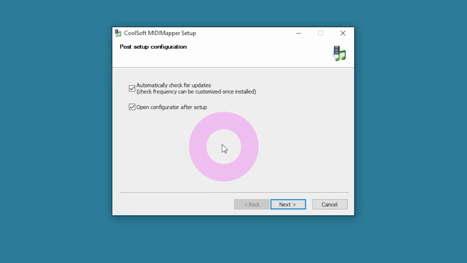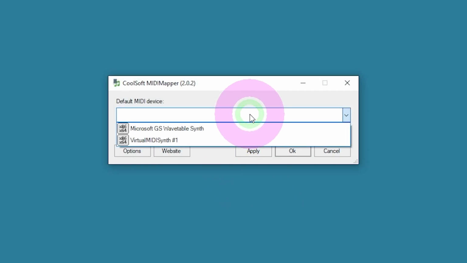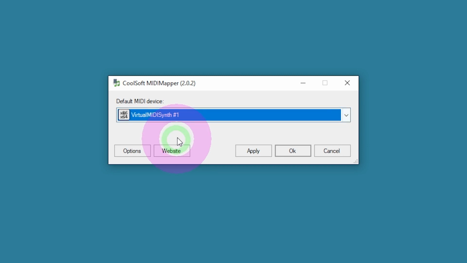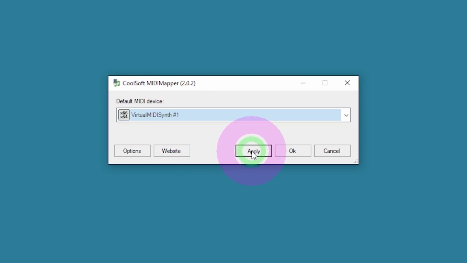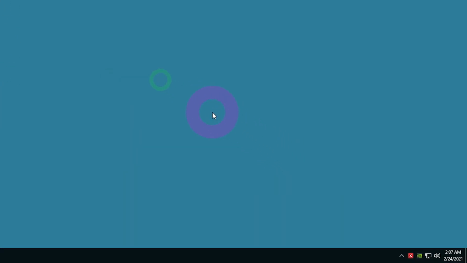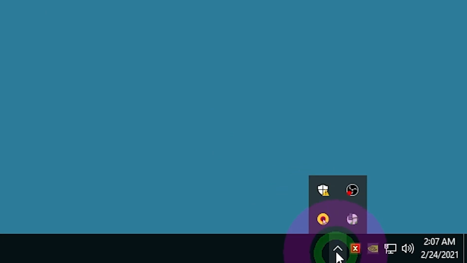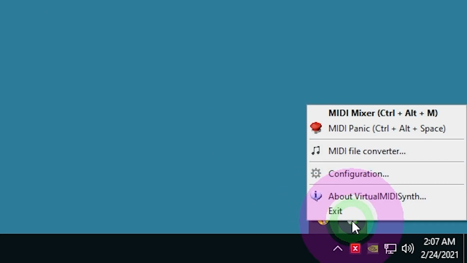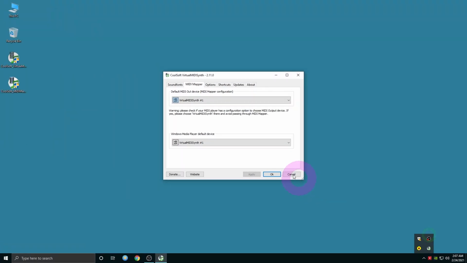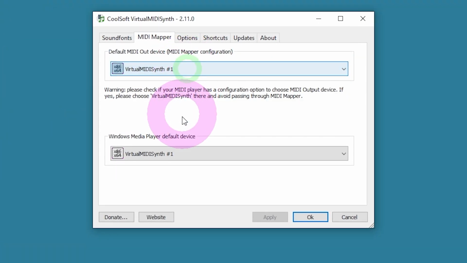Once the installation process is done, a MIDI Mapper configuration window will appear. From the drop-down list, select Virtual MIDI Synth 1, hit Apply and then OK. Now let's head back to the main program window from the Windows taskbar by clicking on the icon and selecting Configuration. Now you will see all the MIDI devices properly mapped and ready to go.